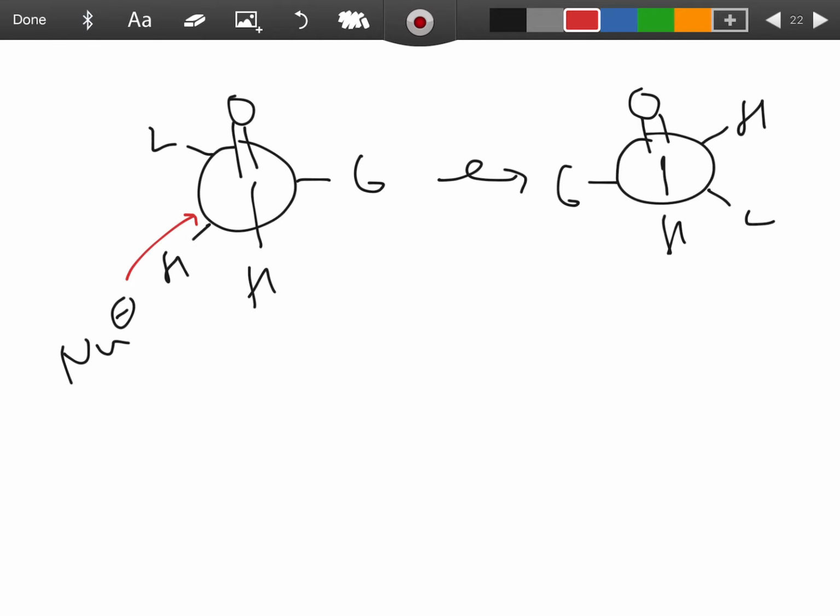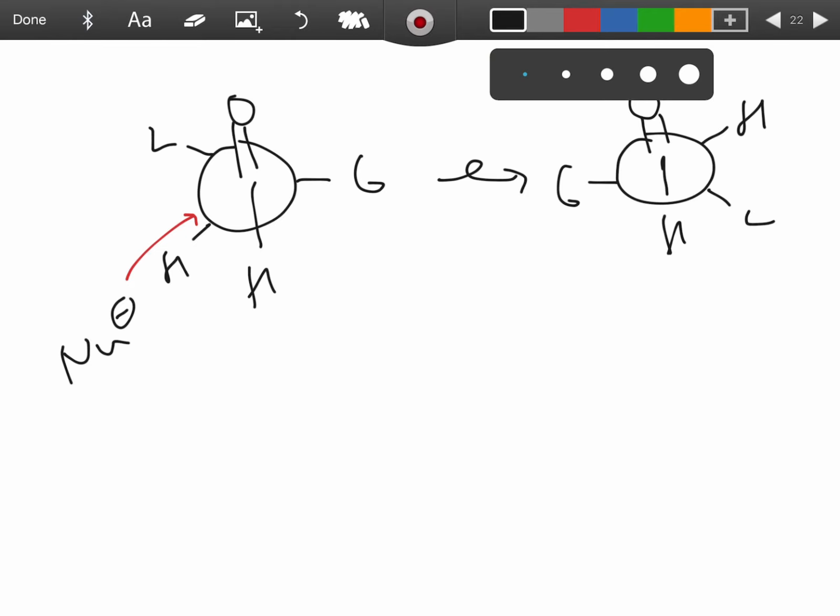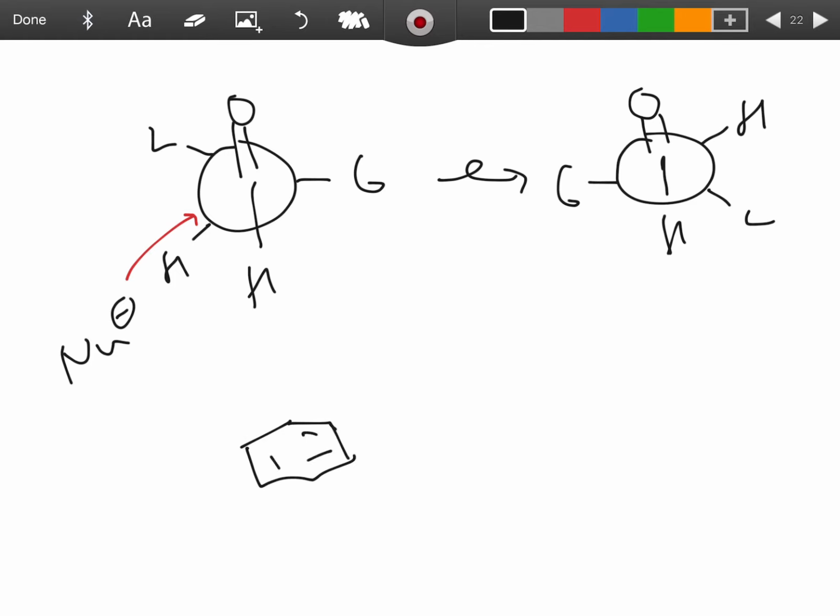So the example we have here in the notes is, if you have ethyl, if you add ethyl minus, you get,